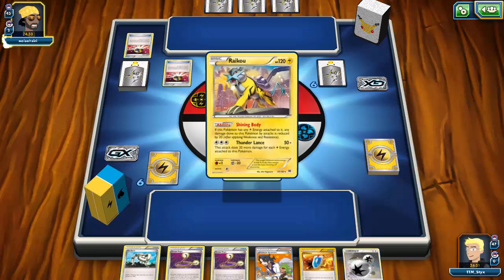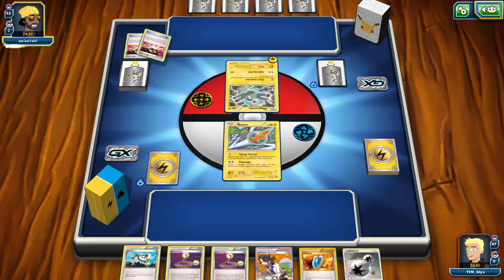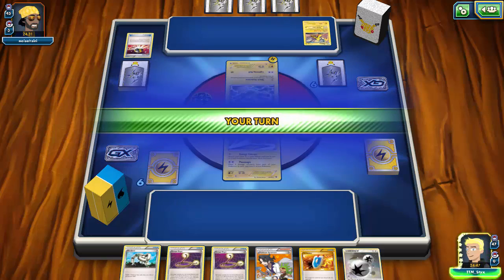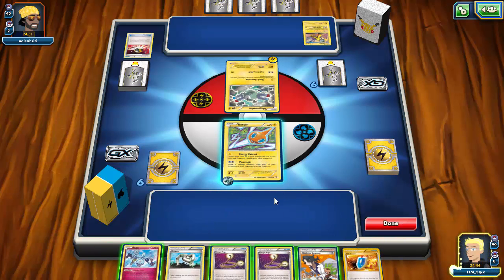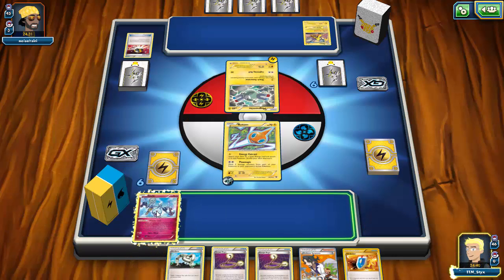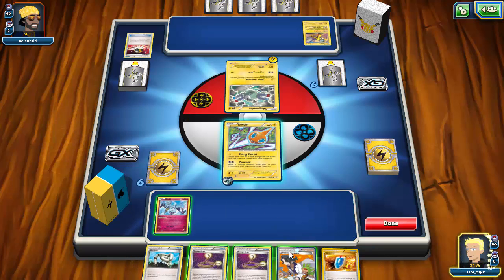So, I mean, it turned out okay. I still don't like the fact that I have to get rid of my 2 Escape Ropes and my Eco Arm turn 1, but you know what? It's okay. We do get a Klefki. Do I want to play that down? That's the question. I think I'm just going to go ahead and, yeah, let's go ahead and play it down,